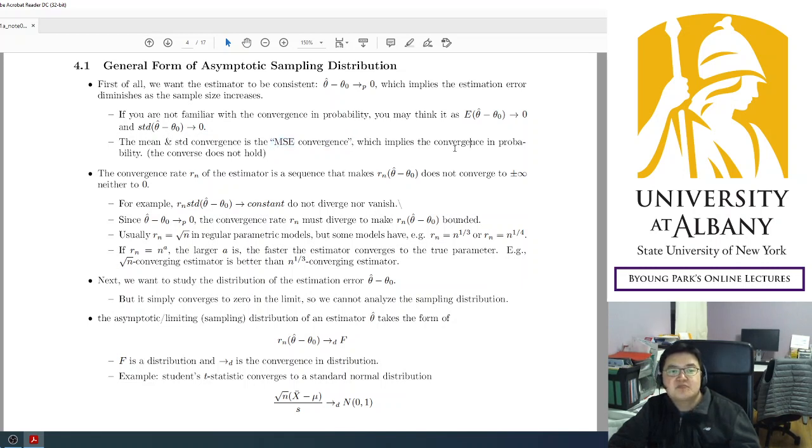So if you are not smart enough to understand convergence in probability, this is a good alternative. But then you have a big problem in your PhD life. So go back and read the textbook to see what the definition of